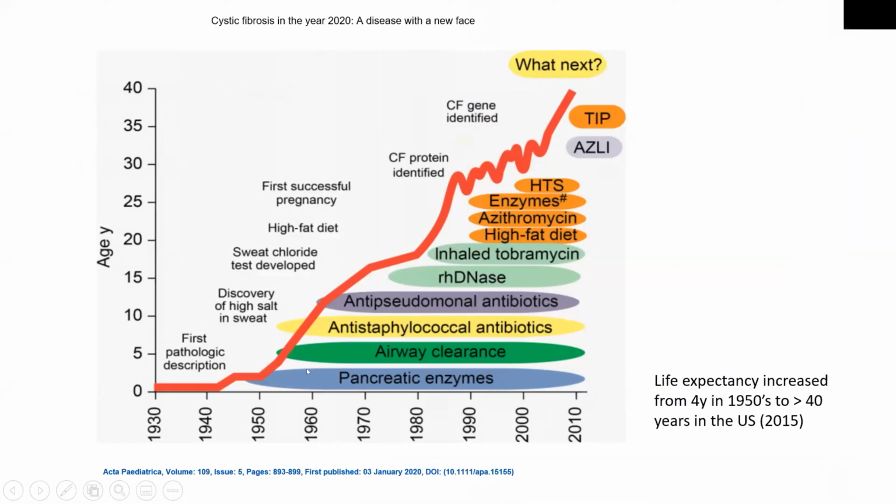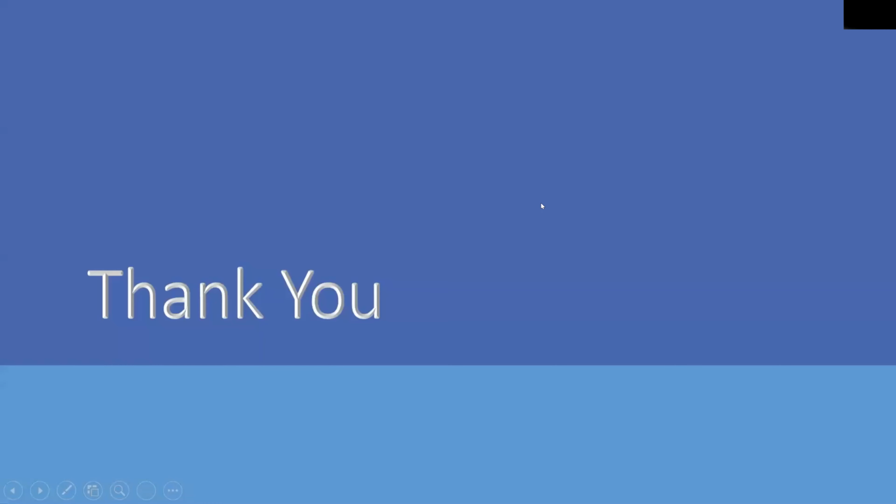And this graph will just show how the increased survival of patients was a result of introduction of different types of treatment over time. The life expectancy in the 1950s was below 5 years. Now the North American registry shows more adults than children with CF reaching above 40 years. And thank